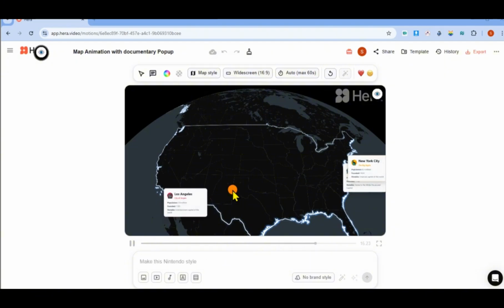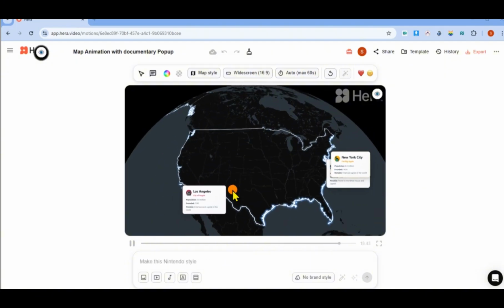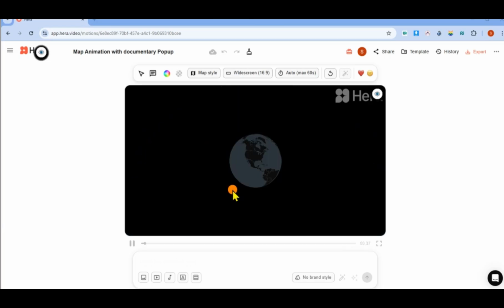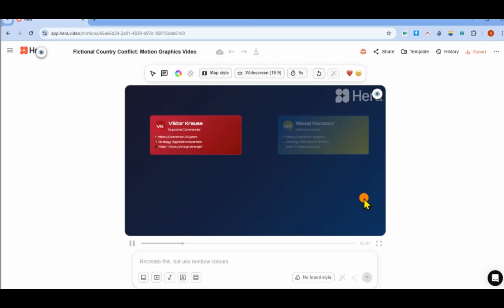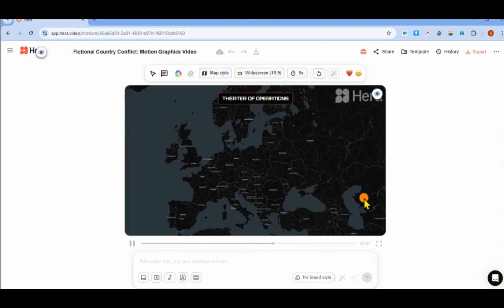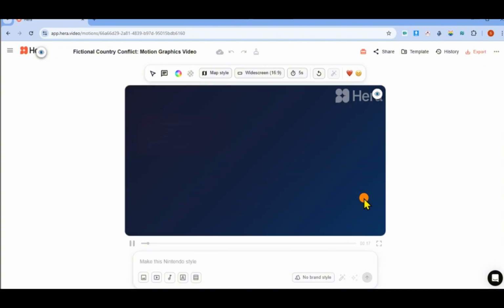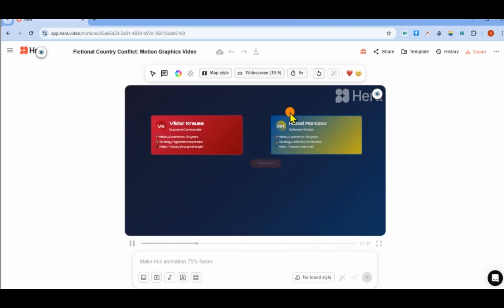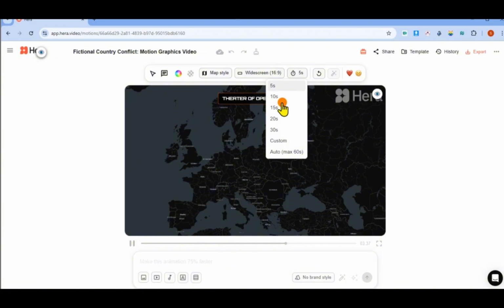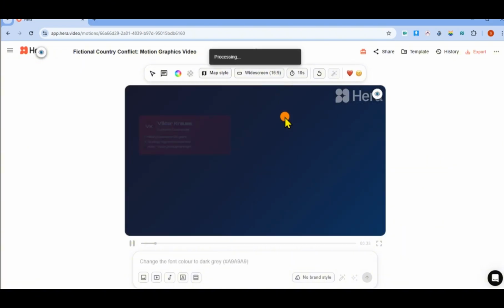Another powerful tool is conflict animation. Let's say you want to show a conflict between two countries. You just type: show a conflict animation between two countries with arrows and highlighted regions. Here the AI will animate arrows moving between the countries with clear visual emphasis. If you want to show a conflict between 3 countries, just type the prompt and hit enter, and the AI will create it instantly. What normally would take hours of keyframing in After Effects is done in seconds,